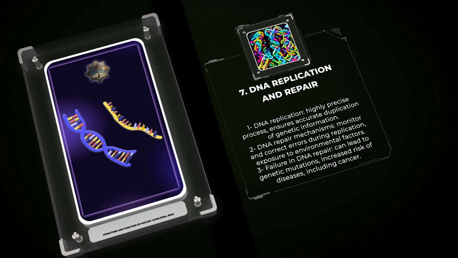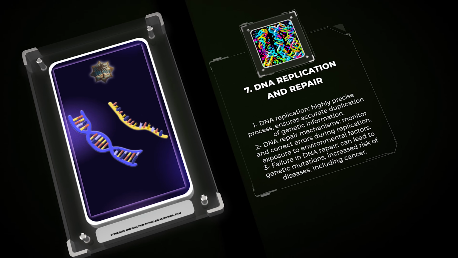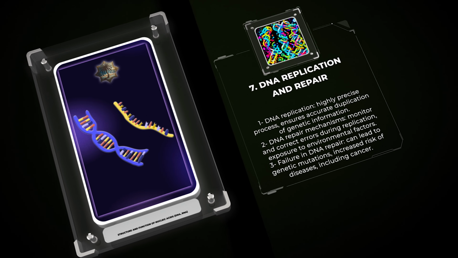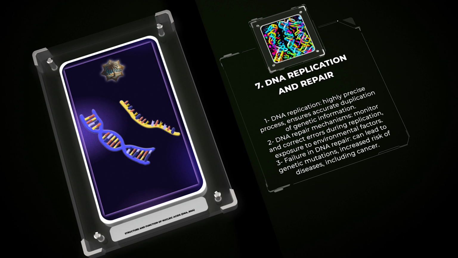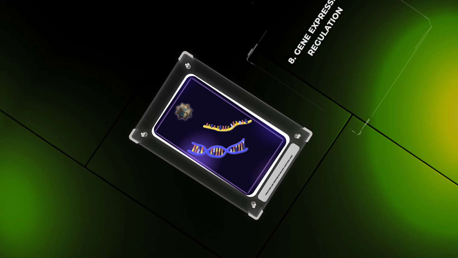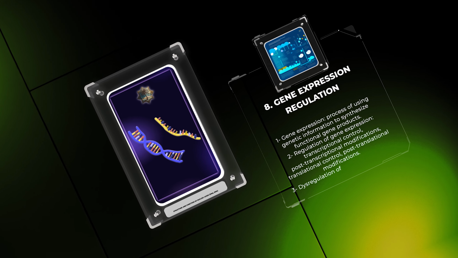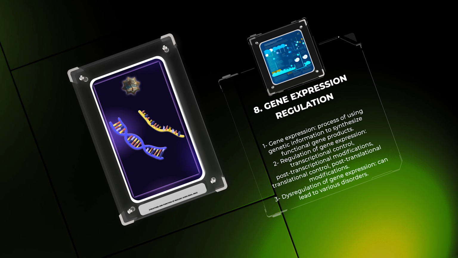DNA repair mechanisms constantly monitor and correct errors that arise during DNA replication or due to environmental factors, such as radiation or chemical exposure. Failure in DNA repair can lead to genetic mutations and an increased risk of diseases, including cancer. Gene expression is the process by which genetic information is used to synthesize functional gene products, such as proteins